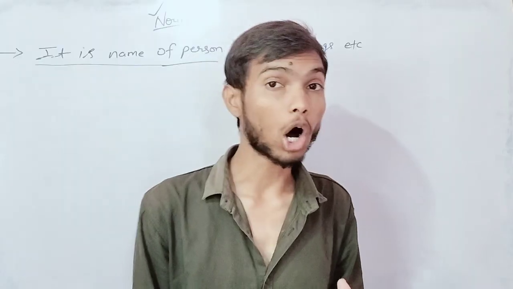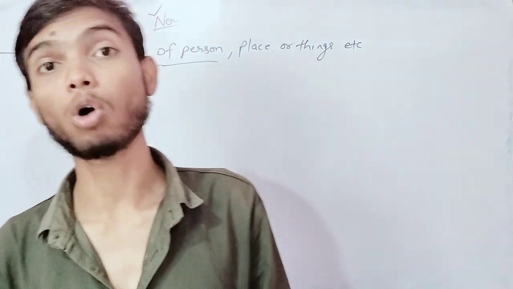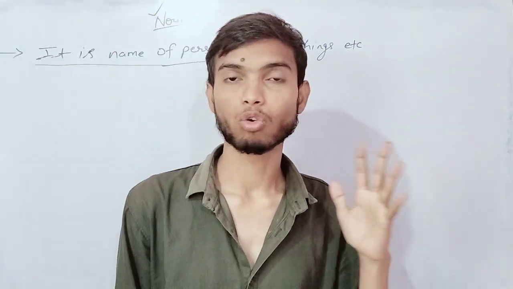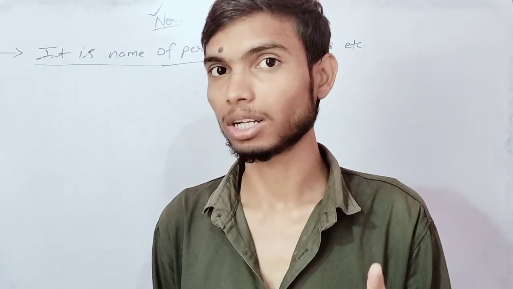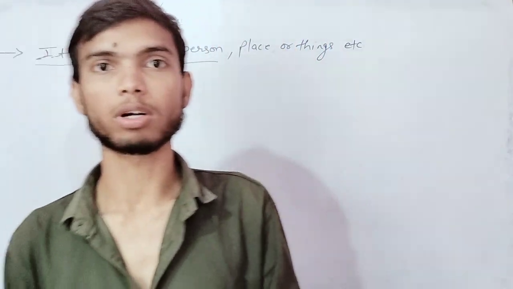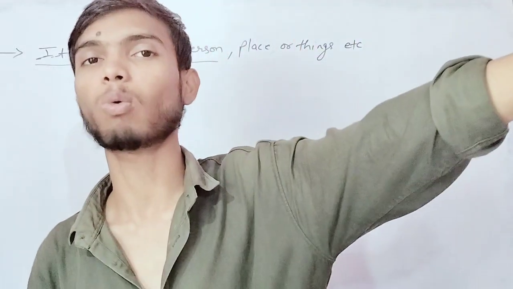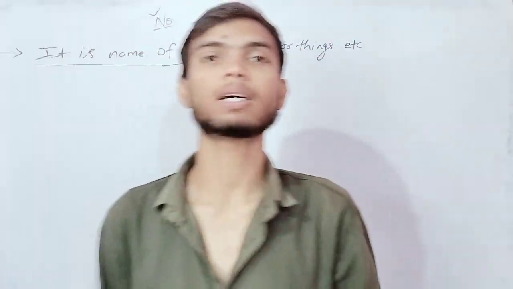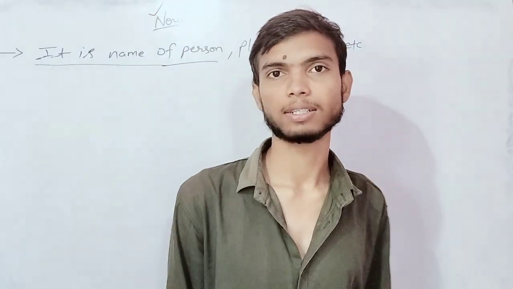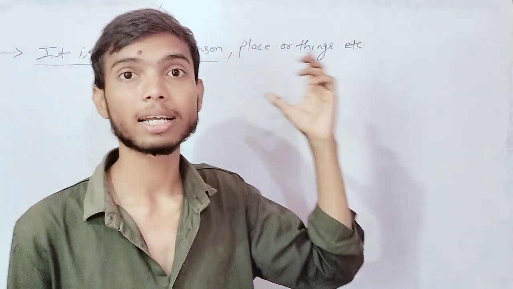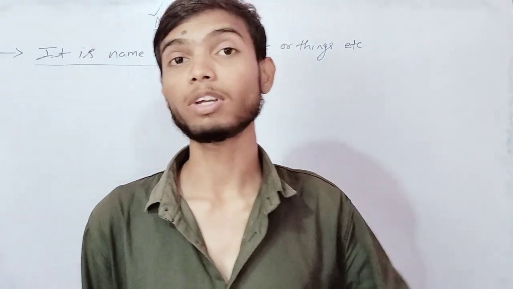Now you can imagine how many words we use in our conversation in daily life. From here you can understand that there are a lot of words, and we are understanding the names of those words that are used in a sentence. Yes, now you are crystal clear. Here we are understanding a word whose name is noun. Clear?